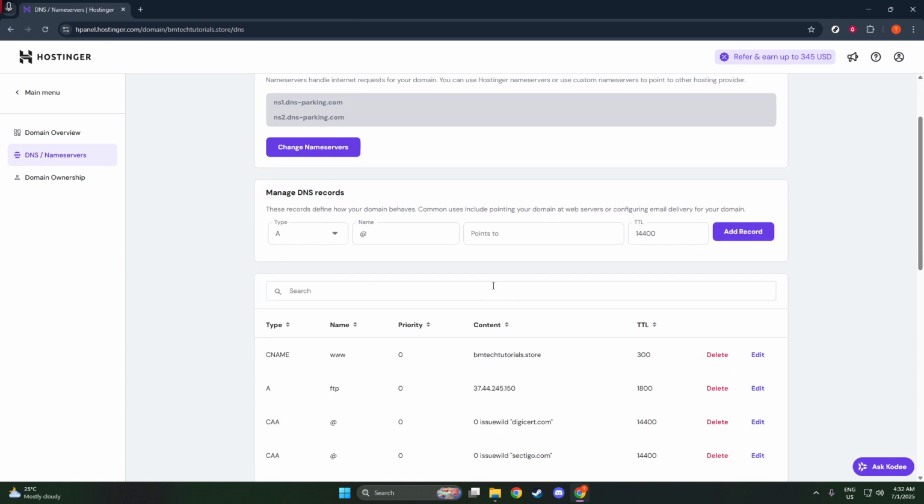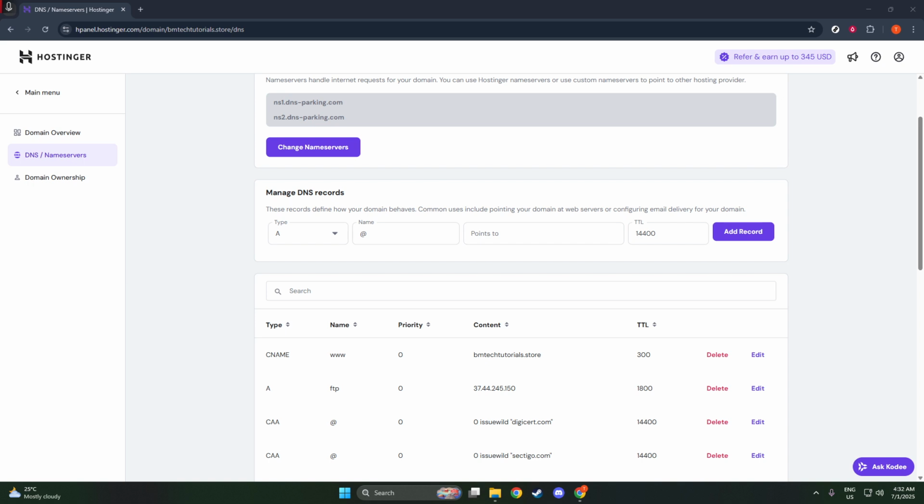On the other hand, if your domain is standalone, the process is a little different. Begin by going to the Domains section. Then, you'll see Domain Portfolio. Click on it. Look for your specific domain and click on it. Here, you'll want to navigate to the DNS/Nameservers tab, and within that section, you're going to open the DNS Records area.